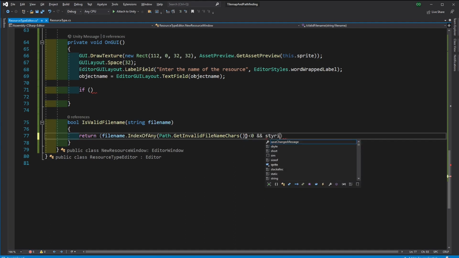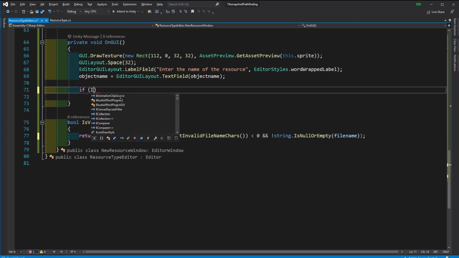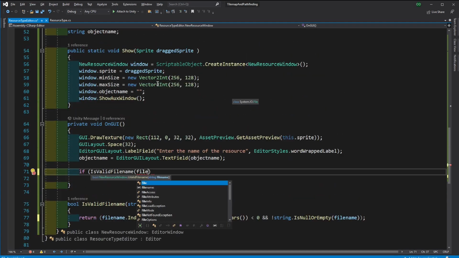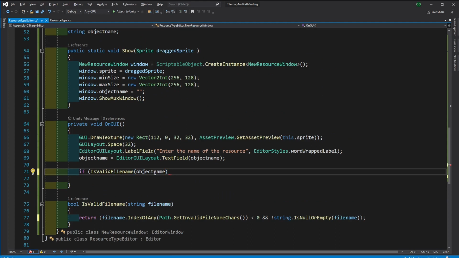Also, we want to make sure the file name is not empty, which we can check using the string's isNullOrEmpty function. If the object name is a valid file name, and we have pressed the enter key,